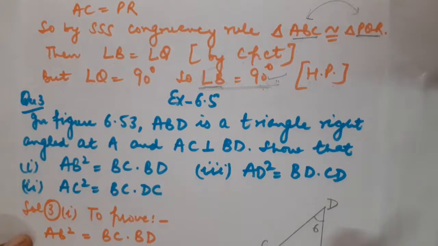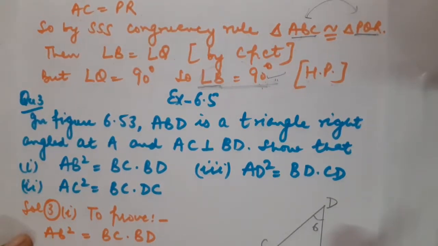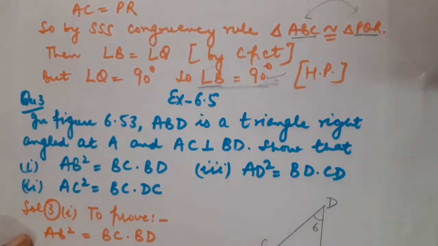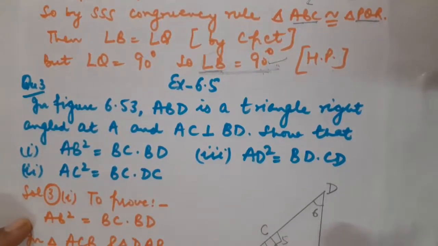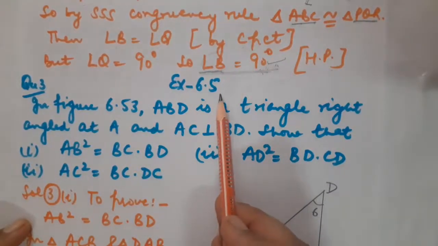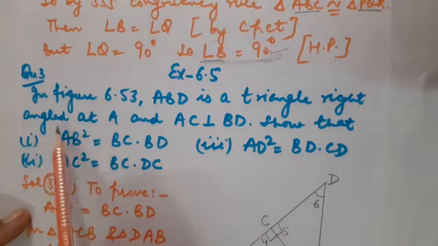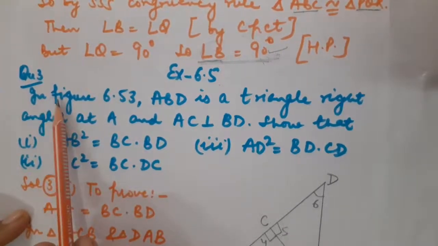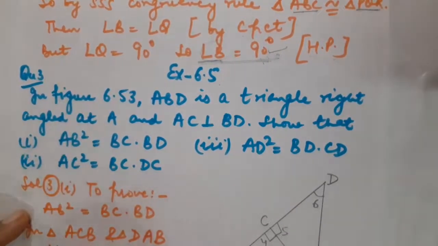Now I am going to take a few questions in which the application of theorem 6.7, which was basically required to prove Pythagoras, then theorem 6.8, that is Pythagoras itself, and of course 6.9, which is the converse of Pythagoras theorem, is needed. The usage of all these theorems I am going to explain to you now while taking different problems from exercise 6.5. Got it? Okay. As question number 1 and question number 2 were quite simple, I have given you to do at home.